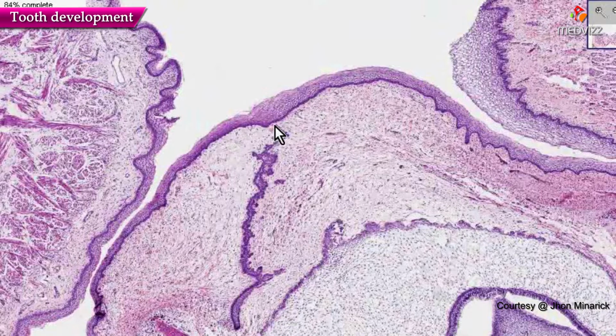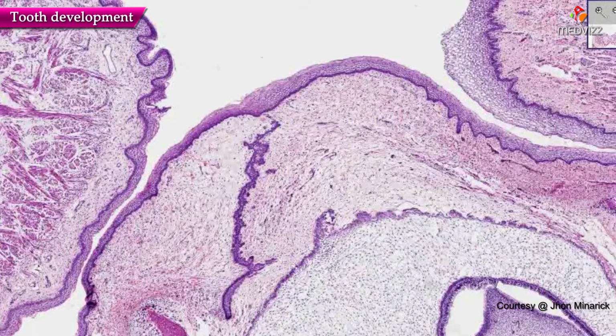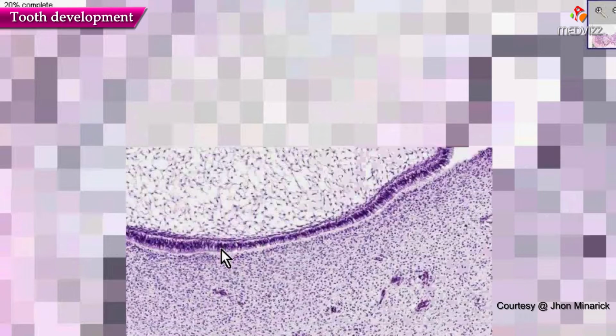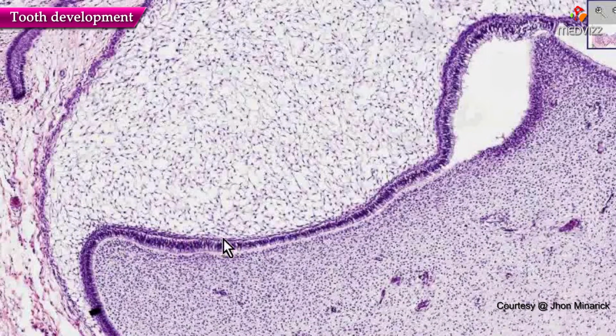And you could see some remnant strands of ameloblastic nests which have invaginated from the squamous mucosa and are now better developed and differentiated to become fully